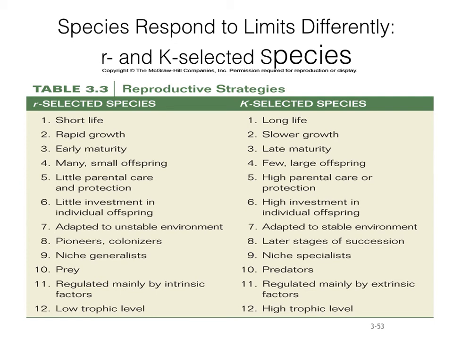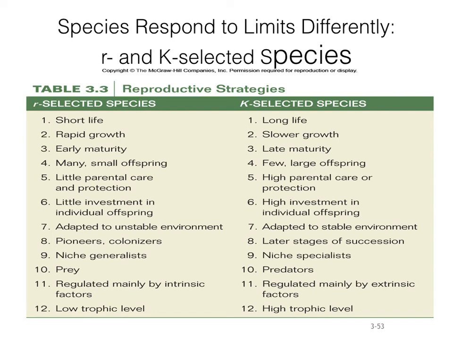So an R-selected species, and an example of this might be a cockroach, has a short lifespan, they grow quickly, they come to maturity quickly, they have lots of them, very little parental care, right? So you don't see the mommy cockroach rocking the baby cockroach to sleep at night. And they don't really invest that much effort into their offspring. They're adapted to unstable environments, and they tend to be pioneers or colonizers. They go into places where